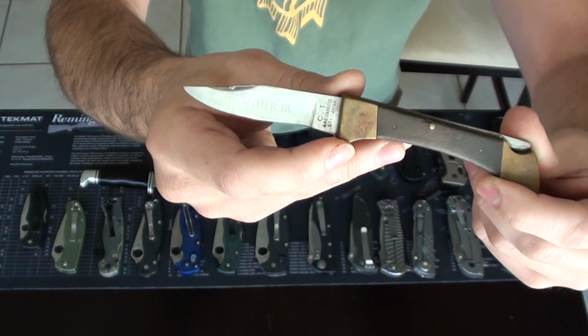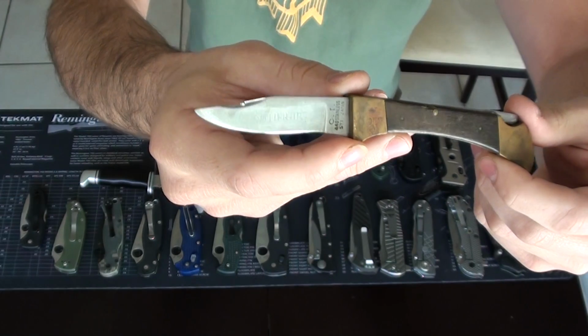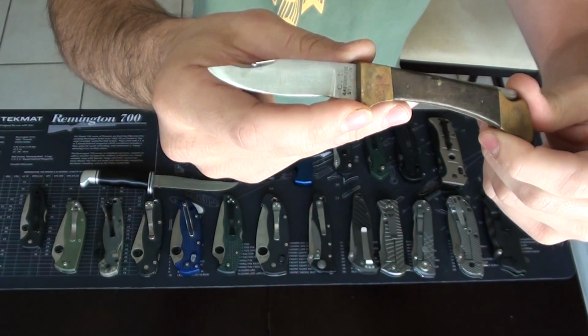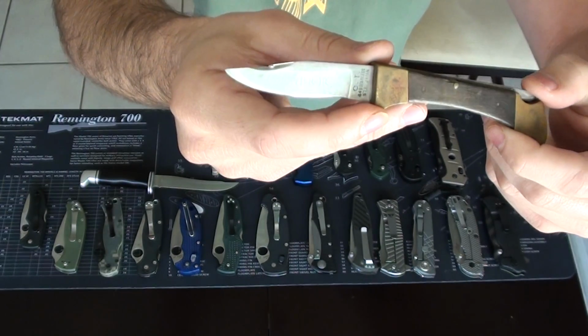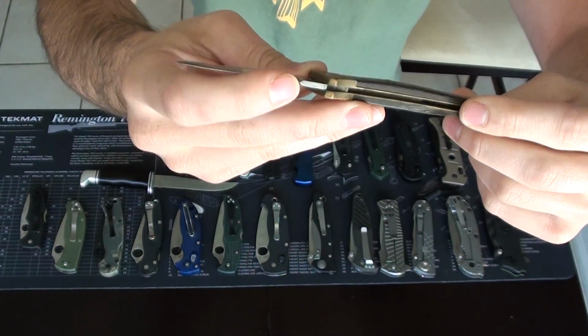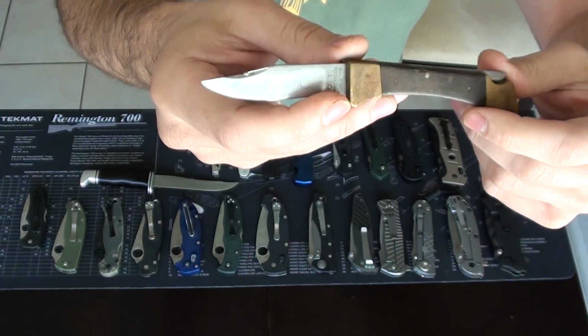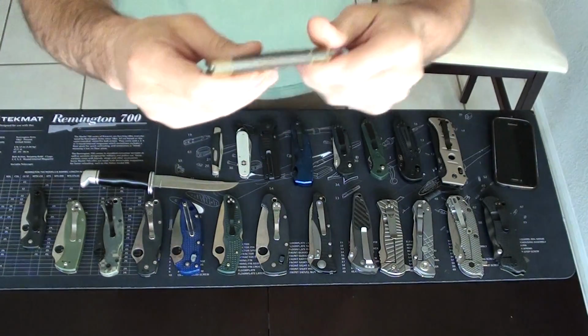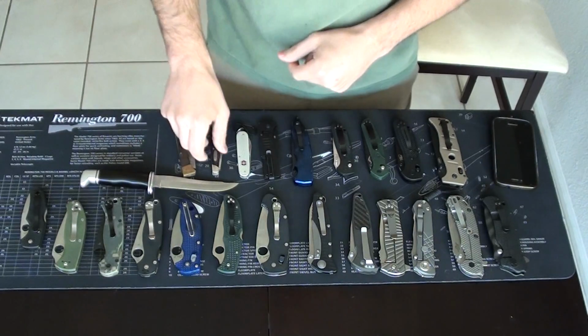So I don't know when I got this, maybe at 5 or 6. It was my first pocket knife, kind of a hand-me-down from my father. Back then I thought, wow, this thing's kind of pretty cool, and then I realized it was kind of a piece of junk. So after I broke it and ground on it a bit,